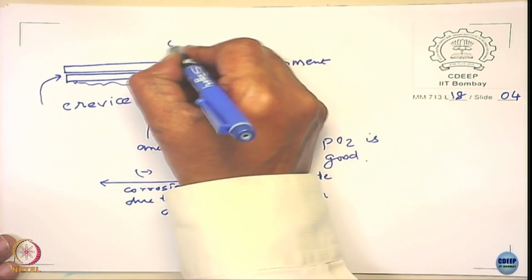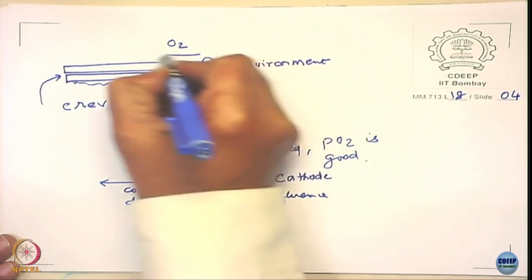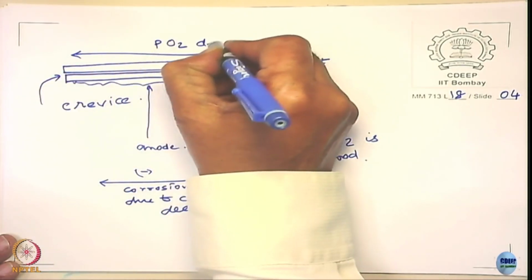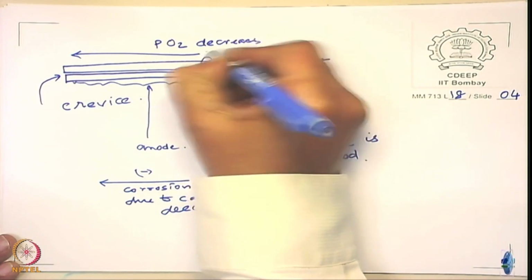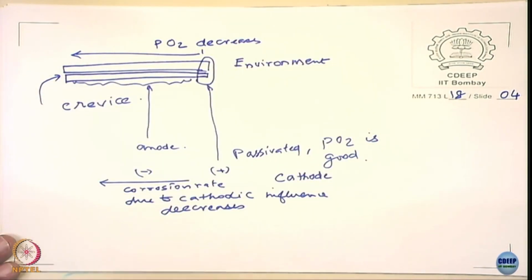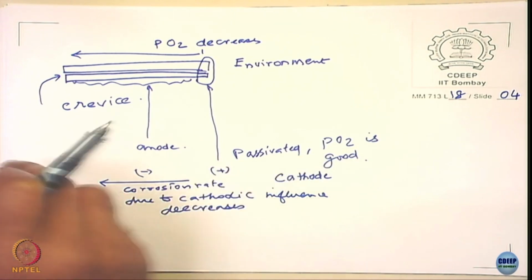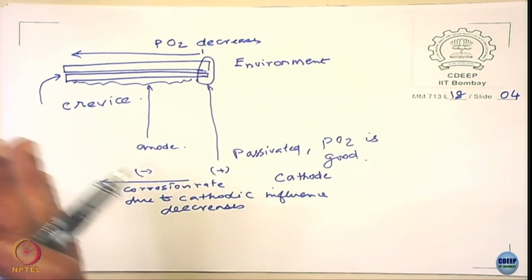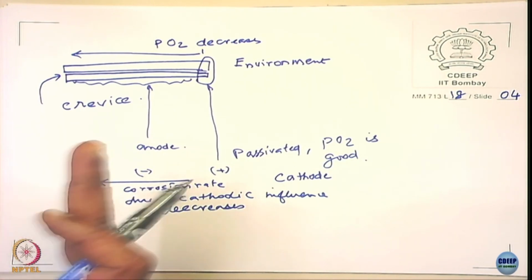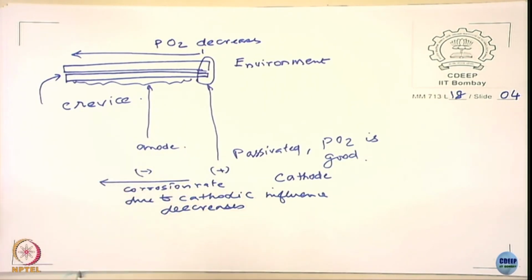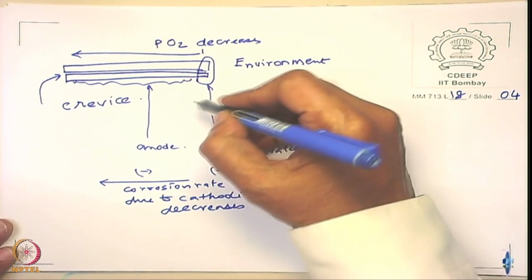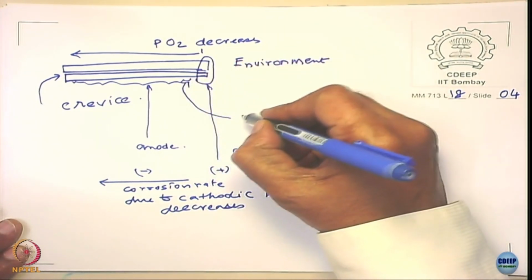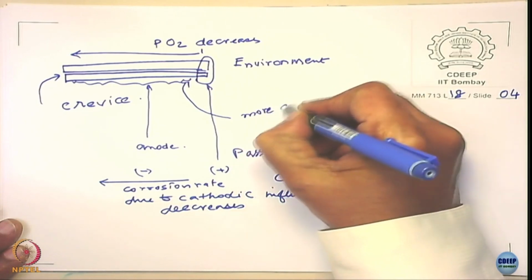The oxygen concentration decreases from here to this, but the driving potential also decreases. So that means somewhere in between you are going to have a high corrosion rate, after that the corrosion rate will start decreasing. So you will find that somewhere here, more attack,